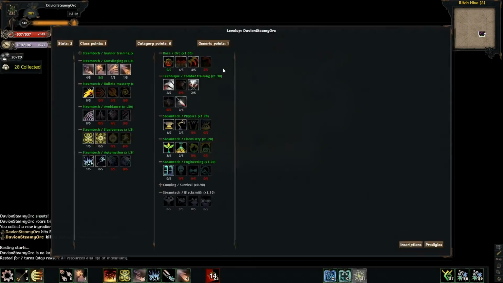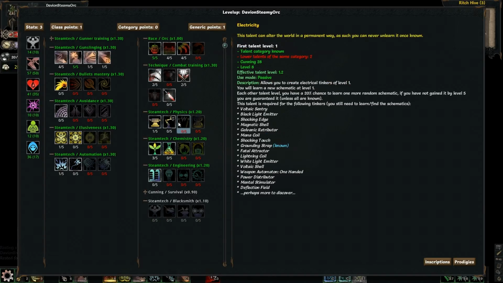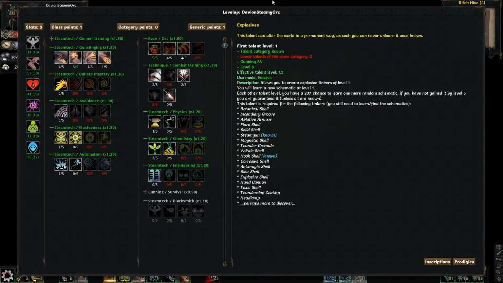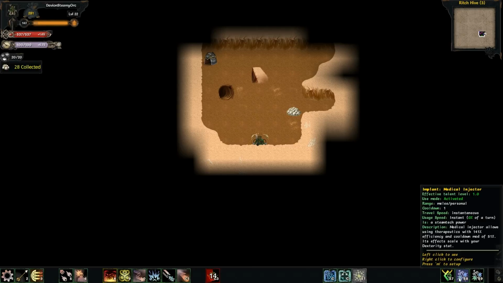That's how you do it. Alright, there we go. Now I can get myself explosives, I think. Where are explosives? Right here. Or get fixed again. I could get it too. But,